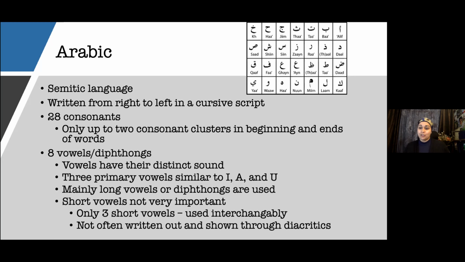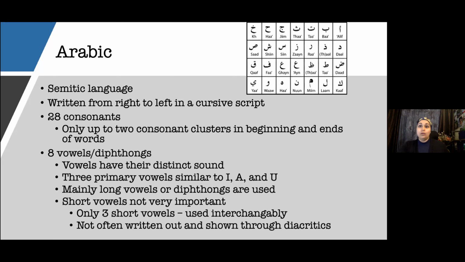Every letter attaches almost. Only some letters don't attach in certain examples. So again, teachers are like, well, why are they always writing everything attached to each other? We're supposed to be printing these letters into these words, and they want to automatically attach them together. There are 28 consonants, and only up to 2 consonant clusters in the beginning and ends of words. So again, consonant cluster reduction. Why are they cutting those consonants? Probably because they're not exposed to it and they're not used to it.